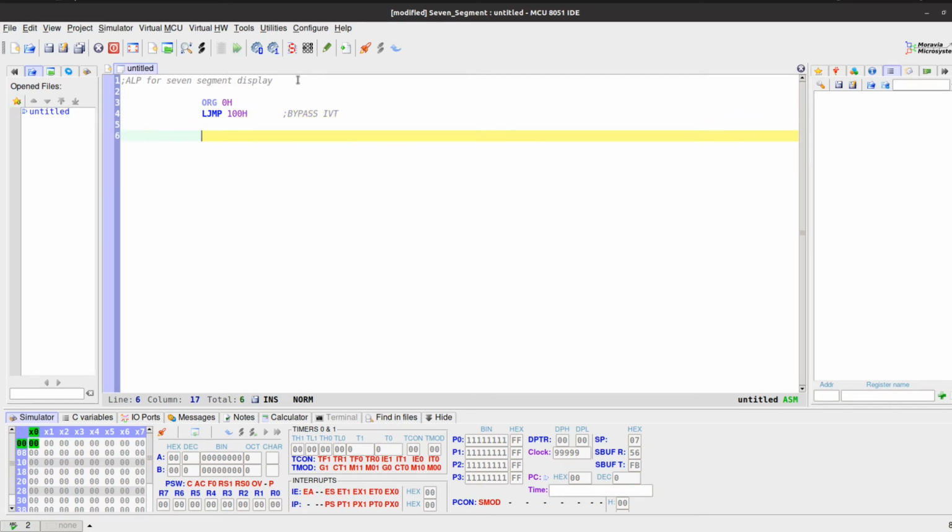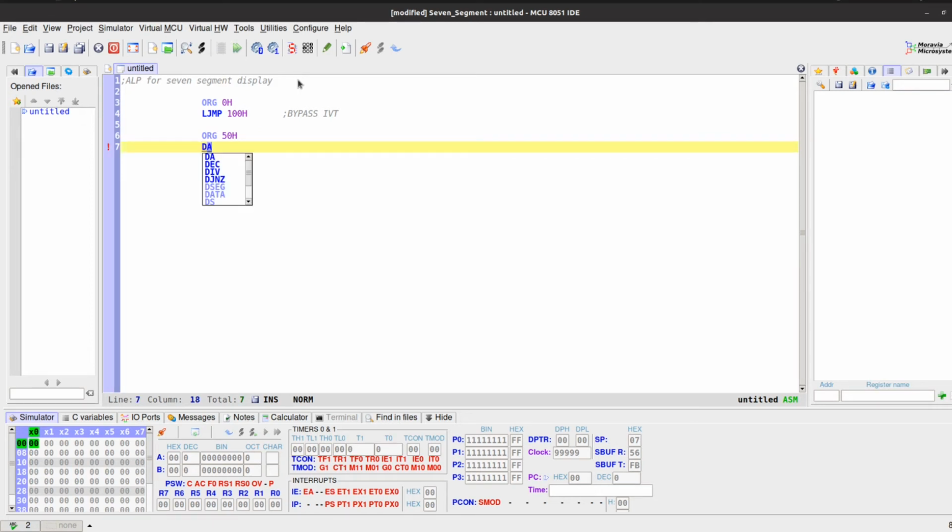Now say let us store those hexadecimal codes starting from a memory location 50h, and to store them we use a define byte, which is an assembler directive. And first code, how to get. So dear students, one method is using the table which I told how to develop. You can write the codes. Otherwise there is a very simple method here.